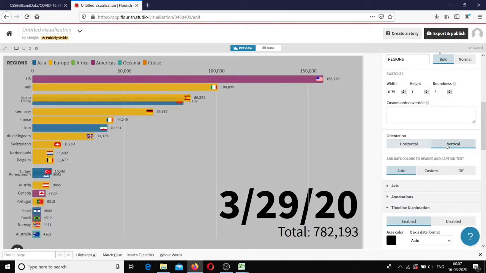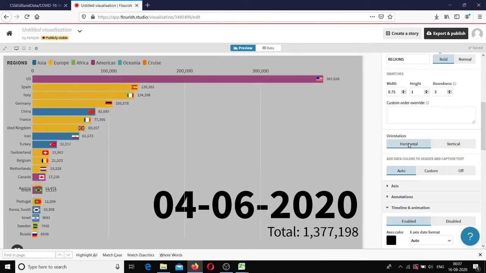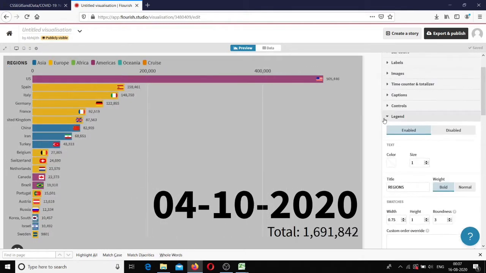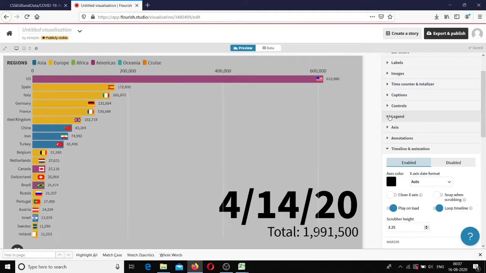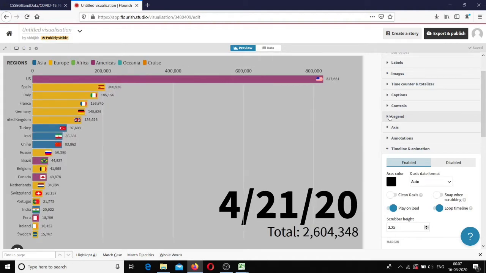There are options whether it has to be arranged vertically or horizontally. These things depend on what is a visually pleasing arrangement, so you can explore those and go with that.